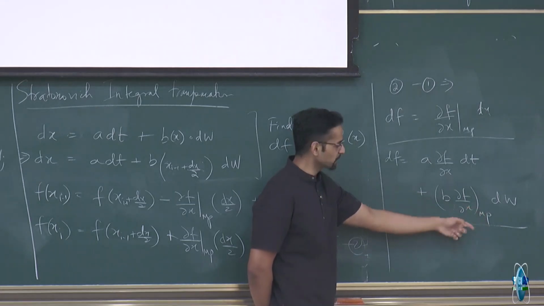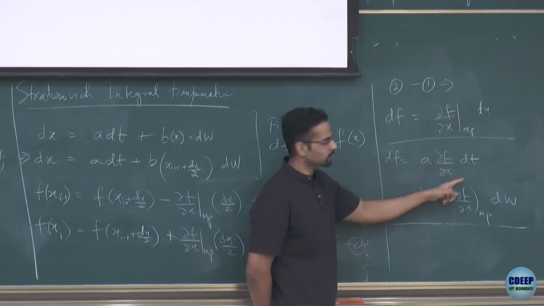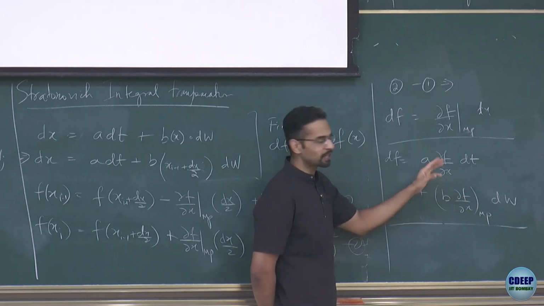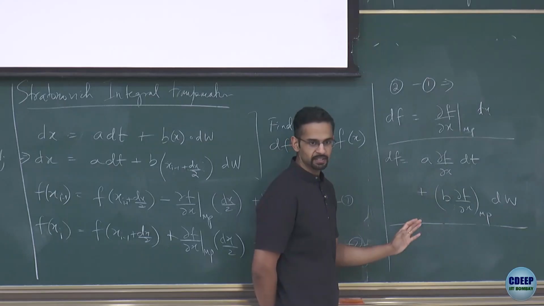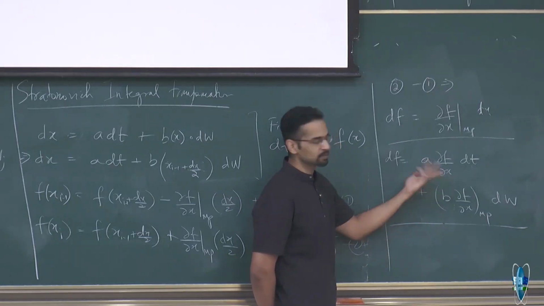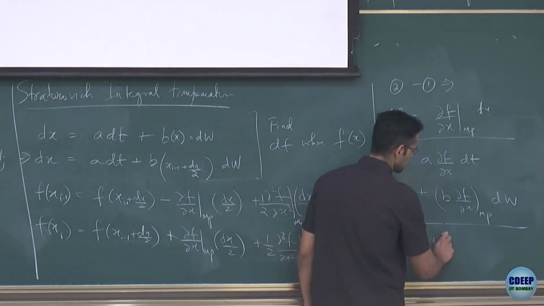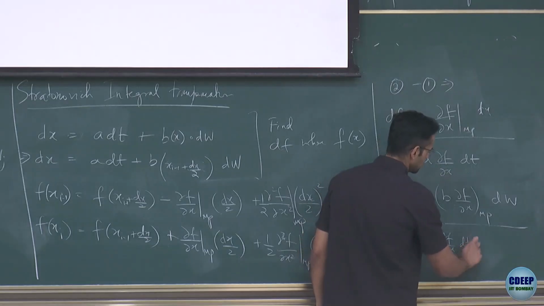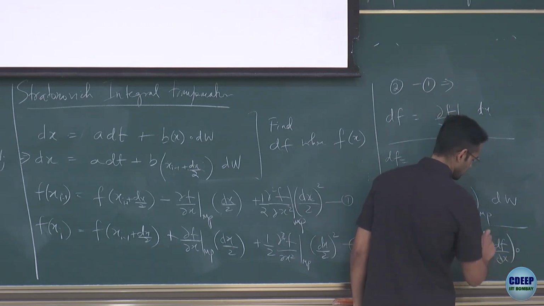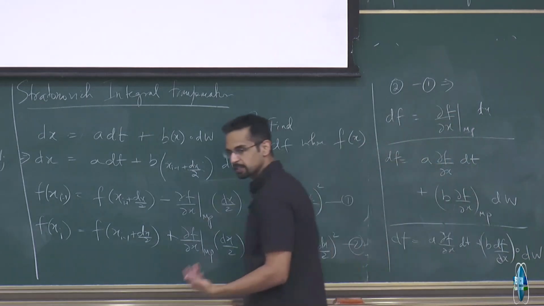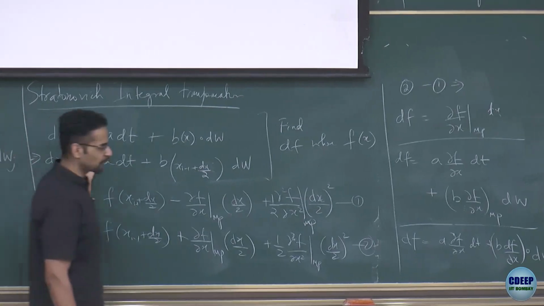I change the coefficient of the noise, but it's still evaluated at the midpoint. And this thing being evaluated at the midpoint or not does not matter because this is a deterministic integral. So where I evaluate this in the small interval has no effect; the corrections are dt squared, as we had shown. So then I can finally rewrite this as a dou f by dou x dt term, and the rest, because it's at the midpoint, is by definition now a Stratonovich SDE. So I've got the new Stratonovich SDE for f from the Stratonovich SDE for x,